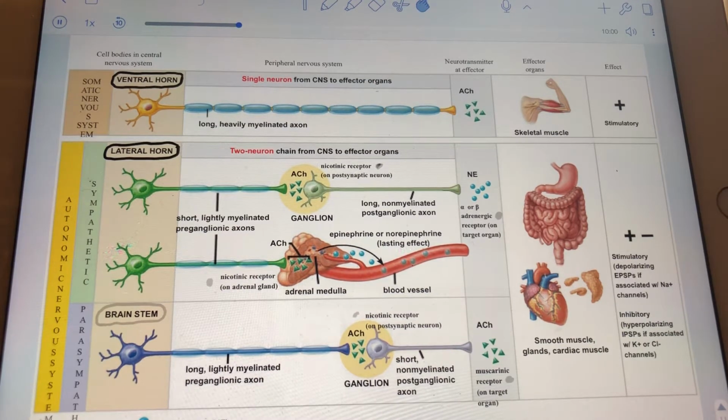If that cell body is parasympathetic, it's housed typically in the brain stem, but we'll be more specific later. I've also specified what type of receptor is worn on the postganglionic neuron, and what type of receptor is worn on the effector,